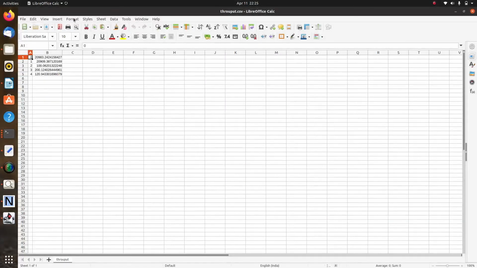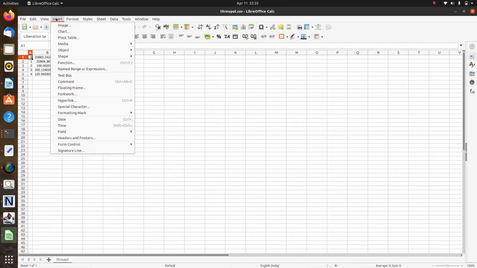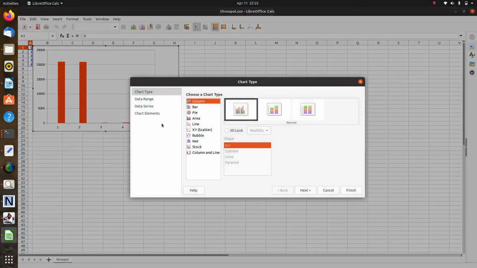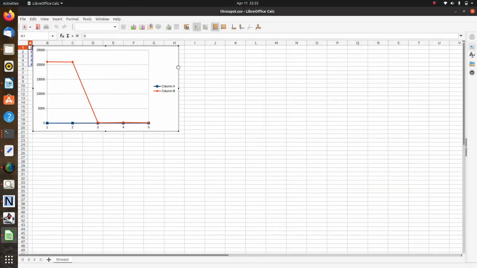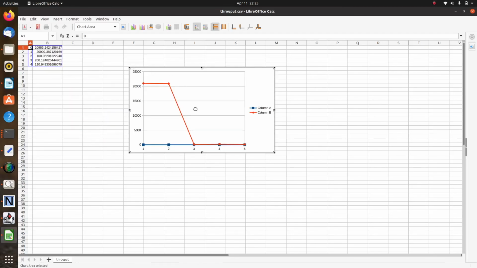Now we can use insert chart. In this chart, if you want to use line, you can use this and finish. So this is the value that is shown for 0, 1, 2, 3. Nodes 0 and 1 have higher throughput, whereas 2, 3, 4 have values in hundreds.